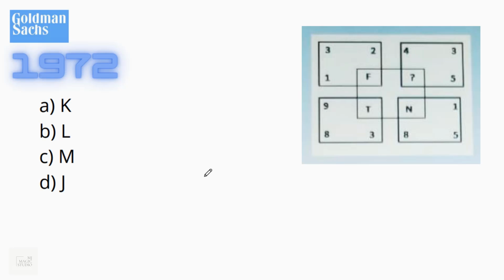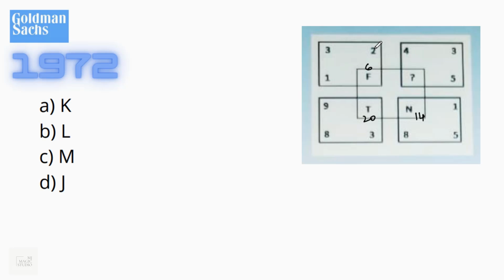So the last one of the lot, and how. See how it is. 4 squares, and it is forming a square again. When these are numbers and related to alphabets, the very first thing that clicks in the head is let's convert these alphabets also into the alphabetic numeric position. So F is 6, T is 20, and N is before O, it is 14. And let's see how it works.